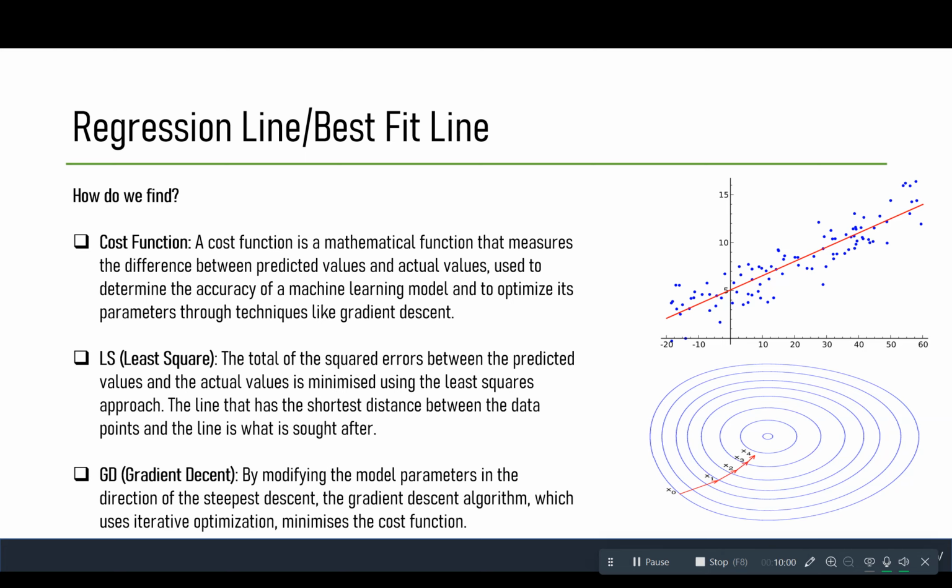Earlier we were only seeing the least squares method. Basically both the least squares method and gradient descent can be used to find the best fitted line in linear regression. The least squares method is a mathematical approach to finding the best fit line. It involves minimizing the sum of squared error between the predicted and actual value of the dependent variable. The coefficients that minimize the sum define the best fitted line. The least squares method has a closed form solution, which means that the solution can be found analytically without the